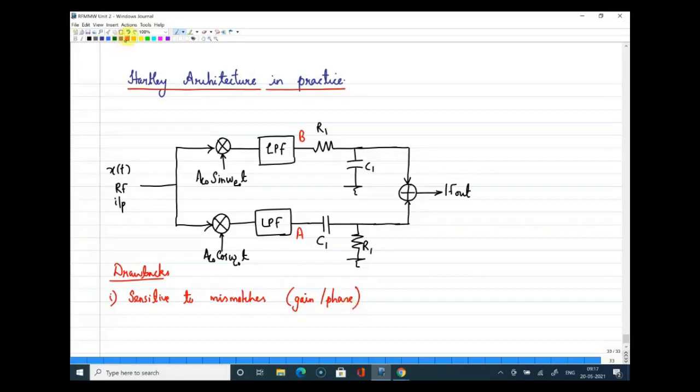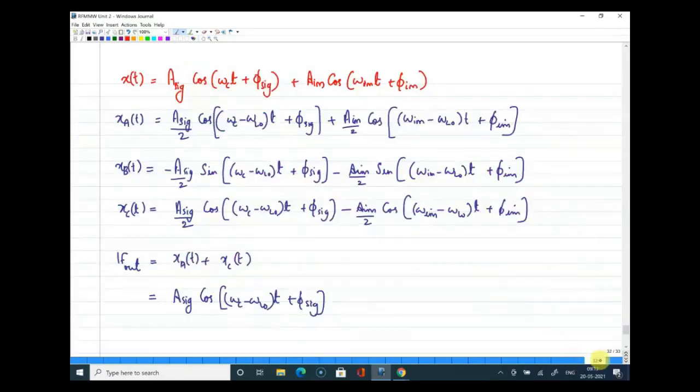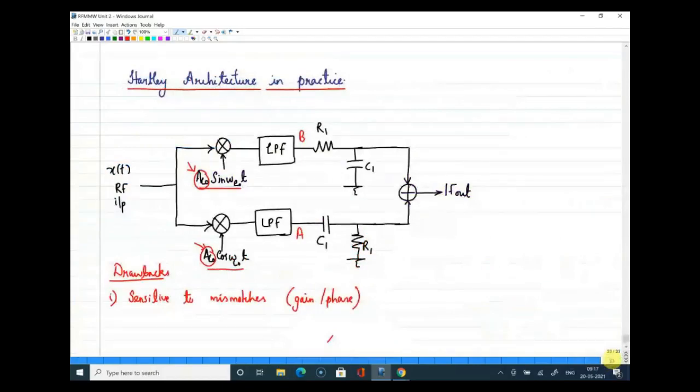Mismatches can arise from the LO signal, because the LO signal is applied to the upper arm and the lower arm. There can be changes in gain, basically coming from the amplitude of the LO signal, and changes affecting the phase. This ALO can cause gain changes, because previously I assumed ALO is 1, did the analysis, and wrote the results directly. But in practical cases, ALO being 1 on both arms may not exactly happen.